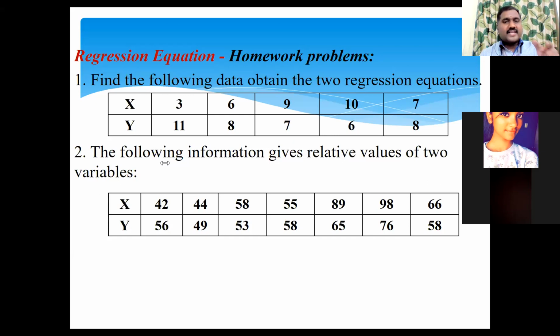So far we discussed regression equation, y on x, x on y. The same regression equation we can find out by using the regression coefficient method. In that, we have two methods: by keeping your actual mean, finding the x bar and then calculating the value, and the assumed mean, finding the assumed mean and then calculating the value. With this today, regression will be over and the third unit will be over.